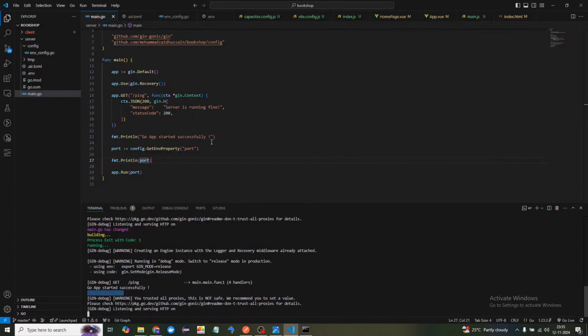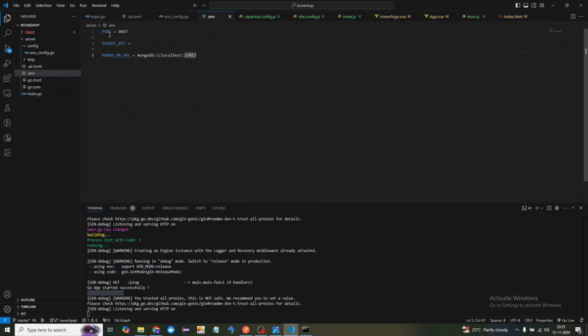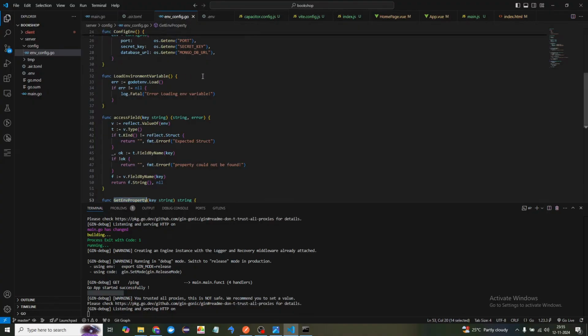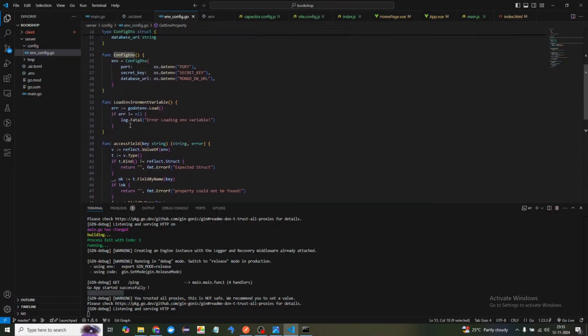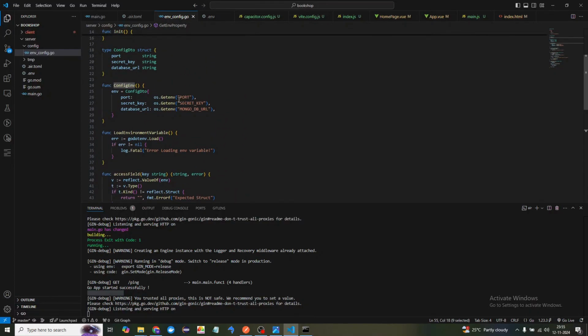Let's debug that. I will go here and save it. That doesn't matter actually, it should work even without a space, or with a space as well. So the port is fine. Now I'll go into the env config, where I'm calling the get env property. If env.port is not there, it will try to initialize the port config env. Config env, fine. But before that, I think